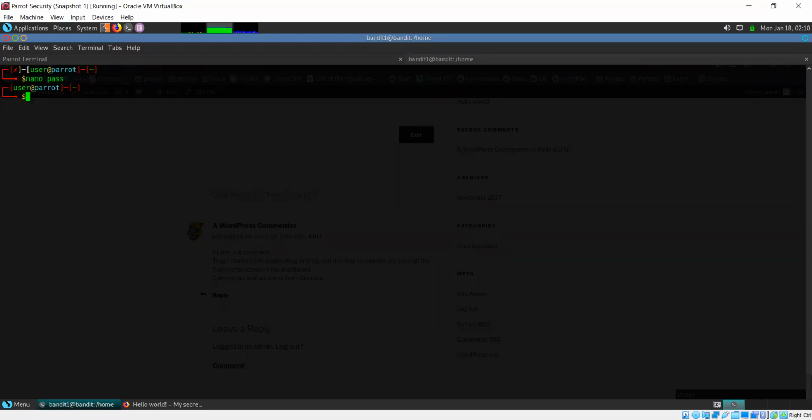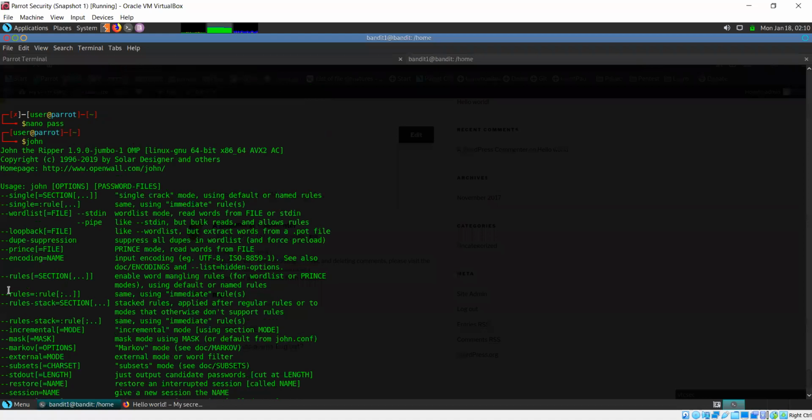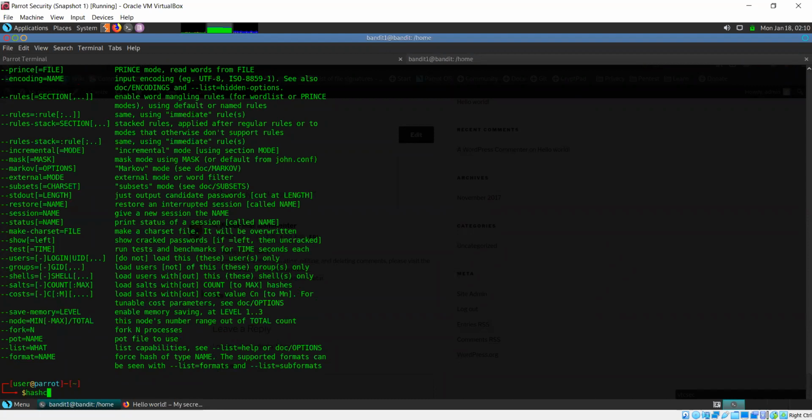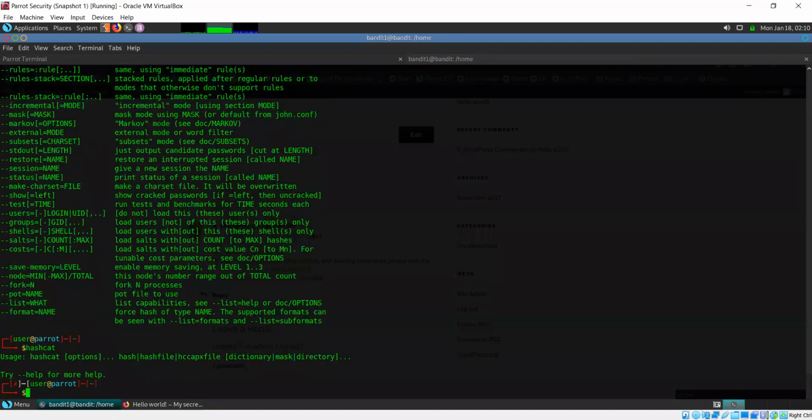So what are the tools that are used to crack passwords or password hashes? MD5? No, MD5 is a hash format. I'm asking about the tools for cracking. Okay, see, there are two tools which are mainly used for this purpose. One of them is known as John the Ripper. The command to run that is simply john, and you'll get a menu for it. Another tool which is really popular is Hashcat. These are the tools that are mainly used for this.